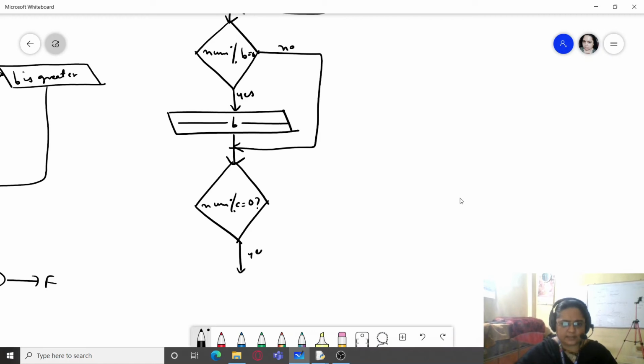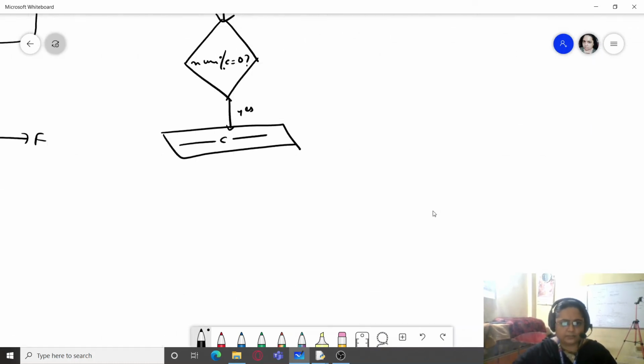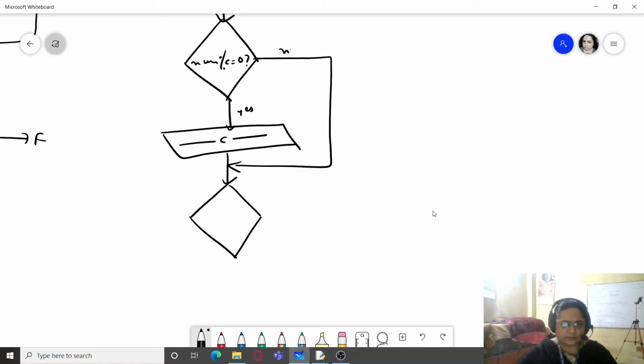If it is yes, we will print that num is divisible by C, or C is a multiple of num. If it is no, we will move on to the next, and it would be like this. So same way I can do it for divisible by D and E also.